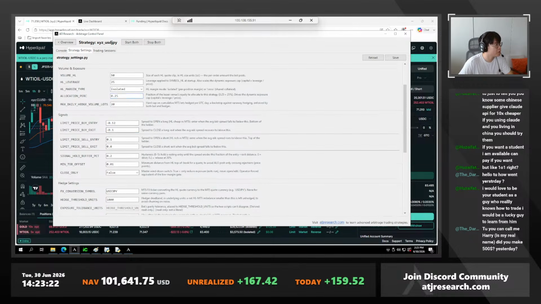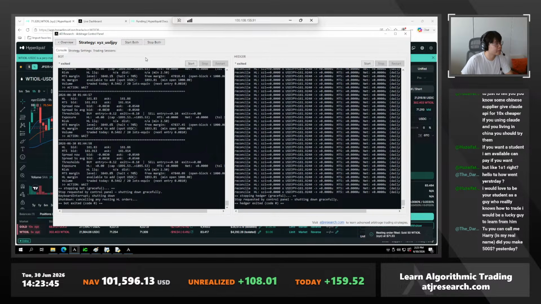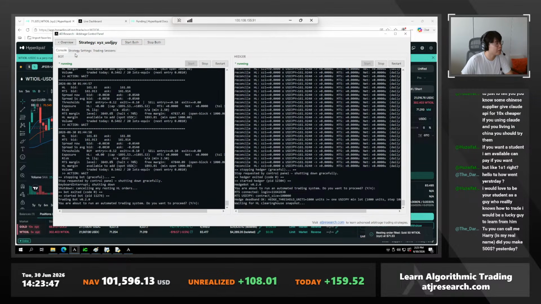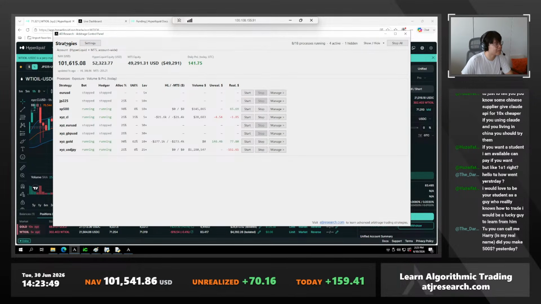So now I would prefer to maybe enter at 0.1, and then maybe exit USD/JPY at like 0.6 or 0.5. I can still decide later, but I think this would be a correct setting for USD/JPY. Oh, 0.5. Almost made a mistake. And let's start both strategies, and hopefully that will not cause any crash, because right now I